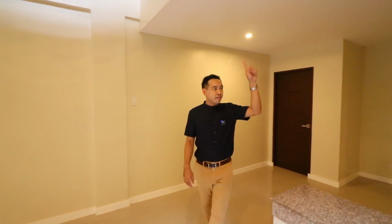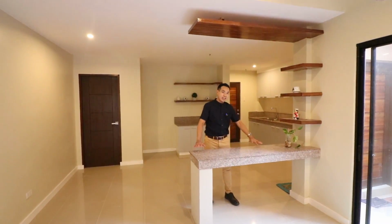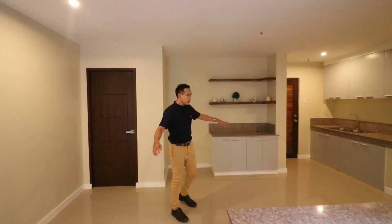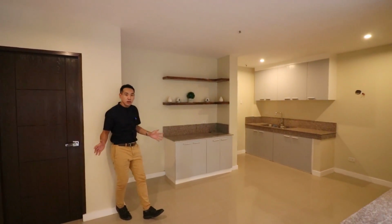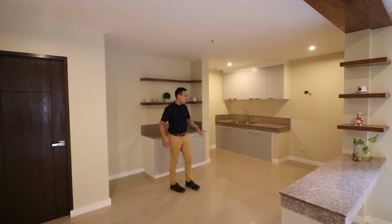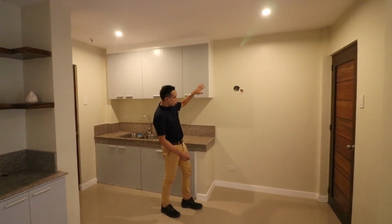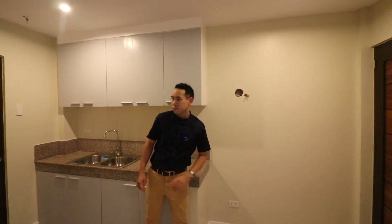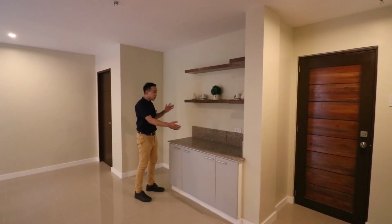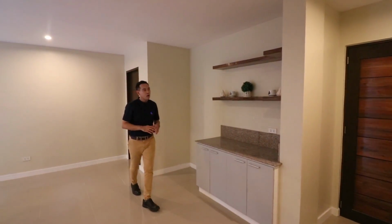From here, you have this nice display area and an informal counter for informal dining here. You can imagine having a couple of stools over here. And this is a large enough space for your main kitchen to even have an island countertop here for additional cooking. And you have a space here where you can have your range hood and your oven. On this side, you have an additional counter space. You can imagine having a coffee machine over here, and this is where you can have your refrigerator. On this side,